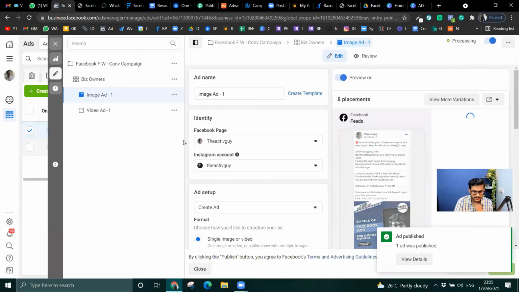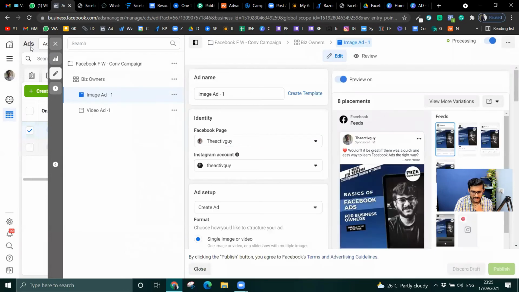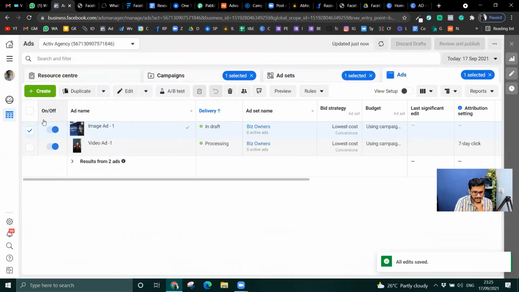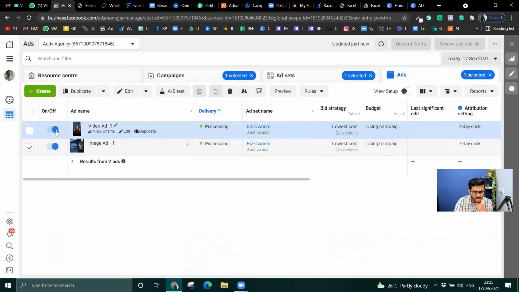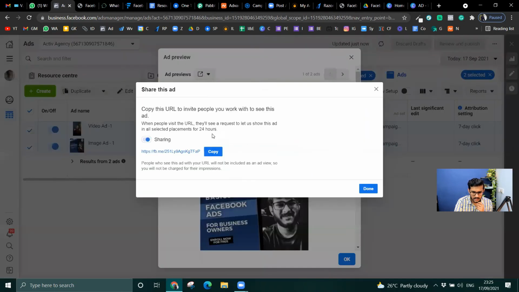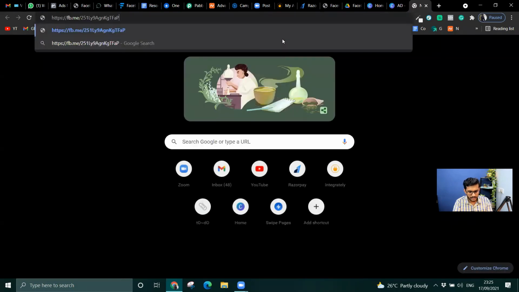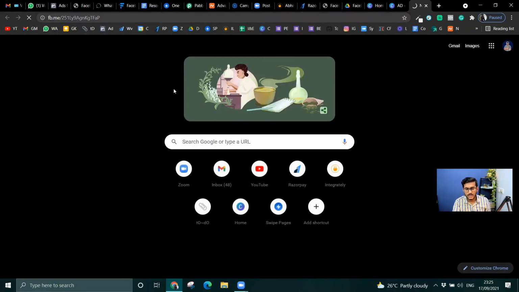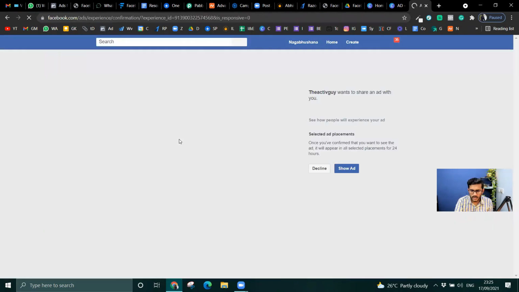Now, after this is done, from my side, Facebook ad work is completed. But I also want to see the ads as soon as they are up; I want to test the ads. I just go and click preview and say share a link, copy, and then I just open up a new window, paste that link. This way you can actually see your ads running and see how they're working. If you feel that something is wrong, you can always go back and fix it.